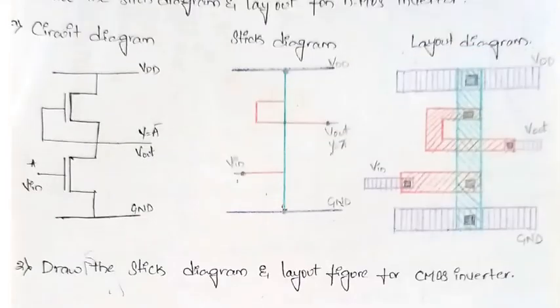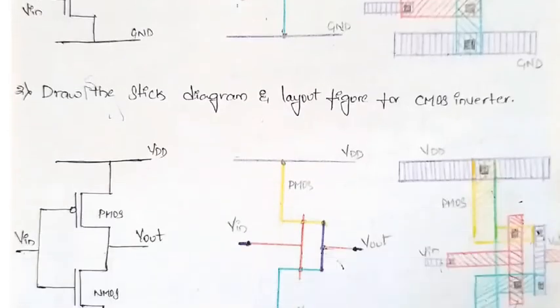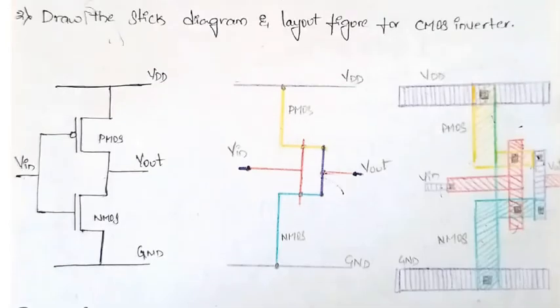This was very simple because we are using only one NMOS inverter. Now what about CMOS? CMOS is nothing but the combination of your PMOS as well as NMOS inverter. As I said in the last class, where we have seen the micrometer based design rules, the examiner or the designer has extended some of the color codings to have some differences. So he has said that for P diffusion we have to use yellow color, and for N diffusion we are using green color, to avoid all the confusions.